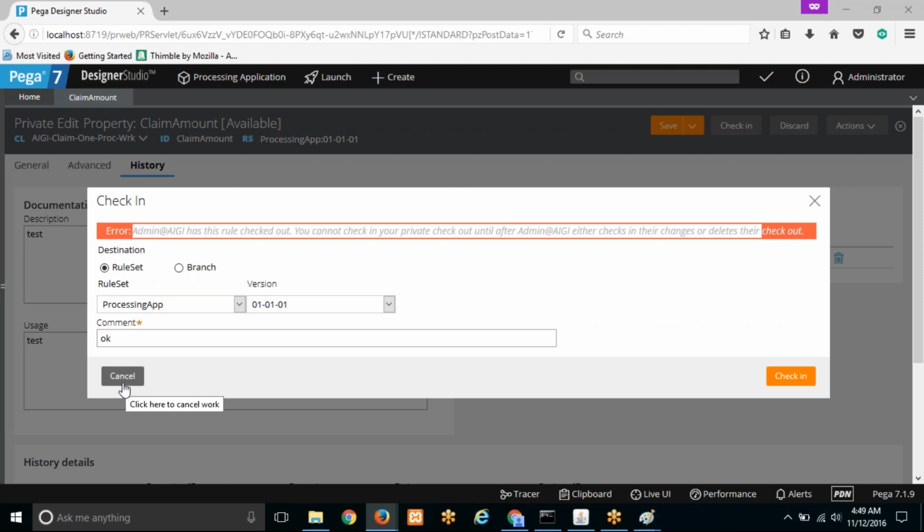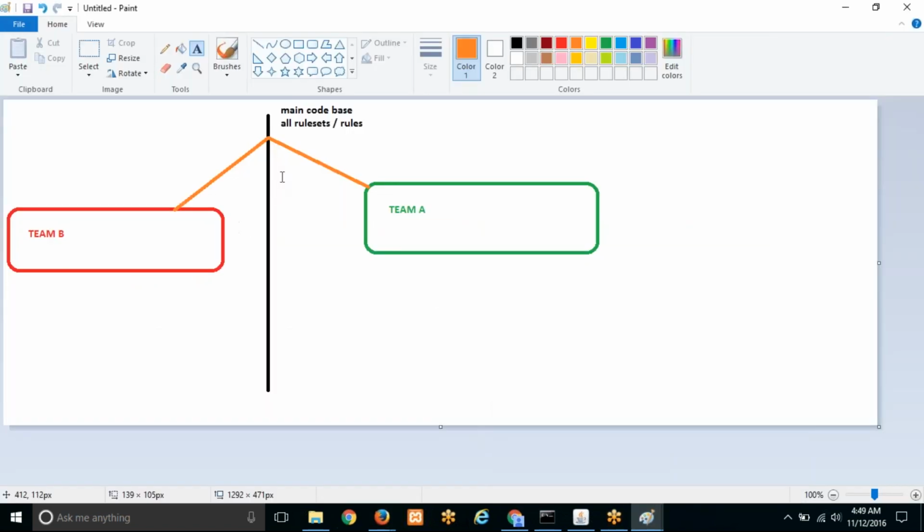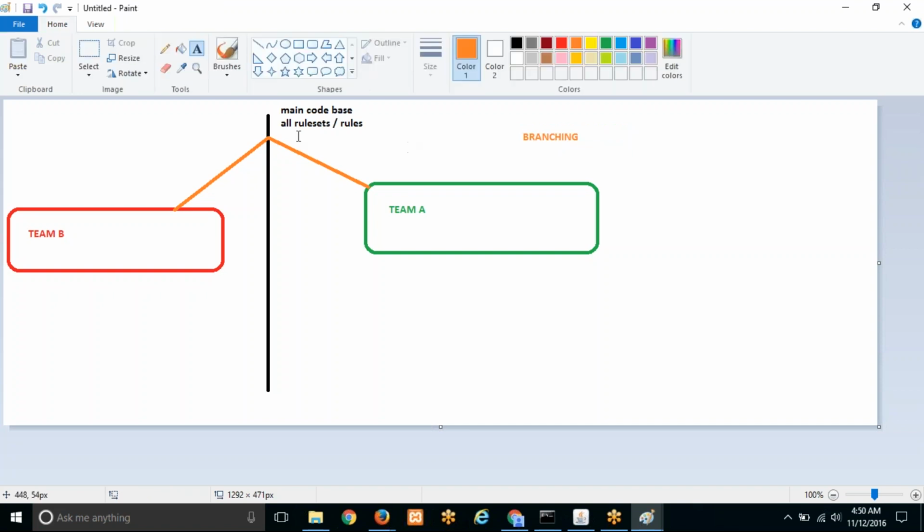So the right approach that you need to follow is to go for a branching option when you have multiple teams working in the same code base. So to solve this problem, you have this branching concept, which will allow a team to have their own private code base on top of the main code base. So this is the main code base. What you will have is a code base here and a code base here, like a